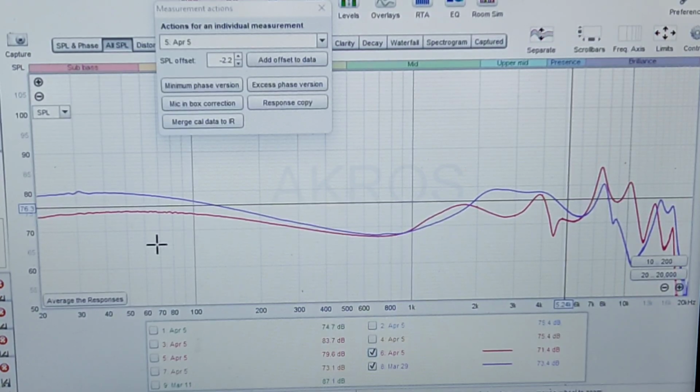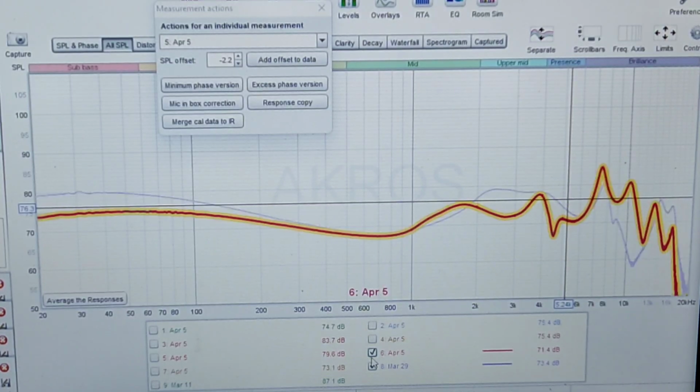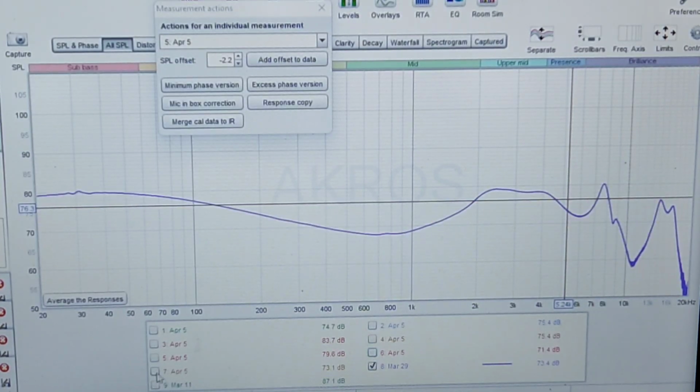But otherwise, for the most part, it's a very nice sounding IEM. I really have no big or major points to point at it. It's a nice sounding IEM for what it is. The next one is the Sampher. Okay,